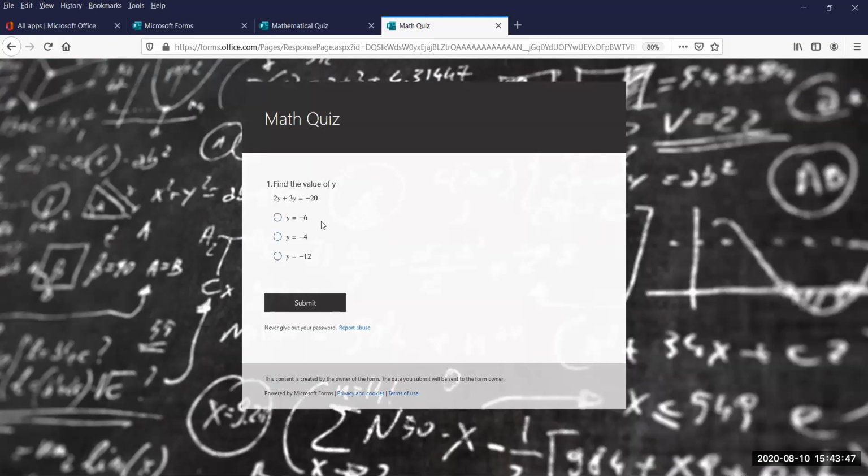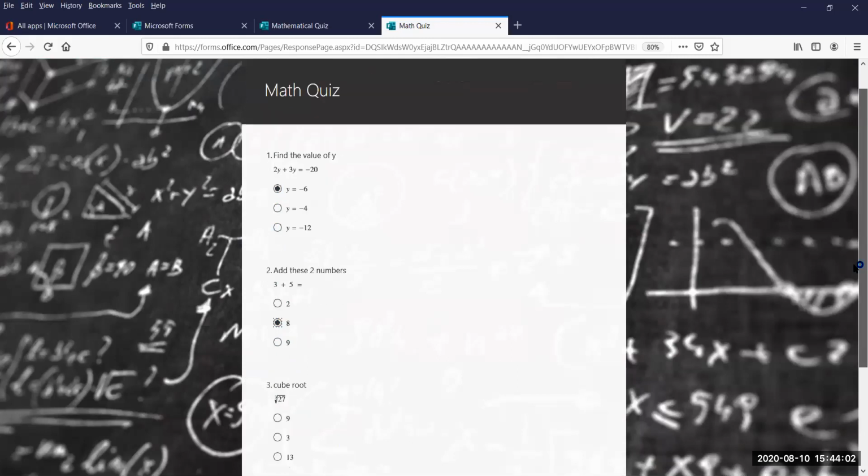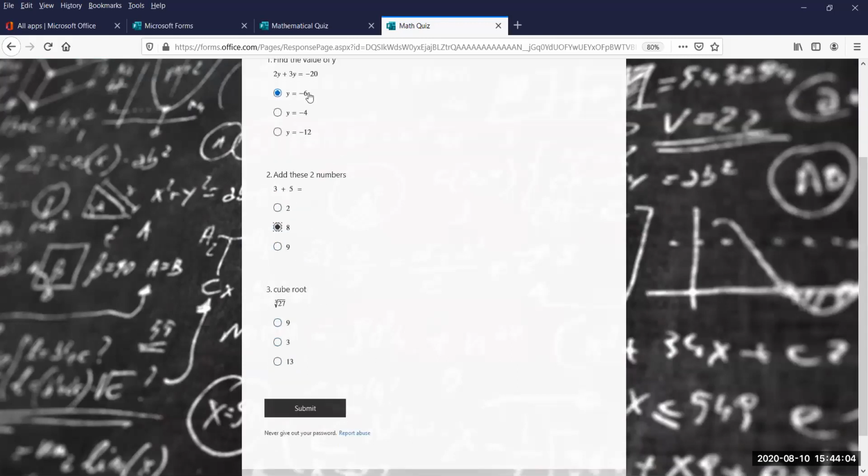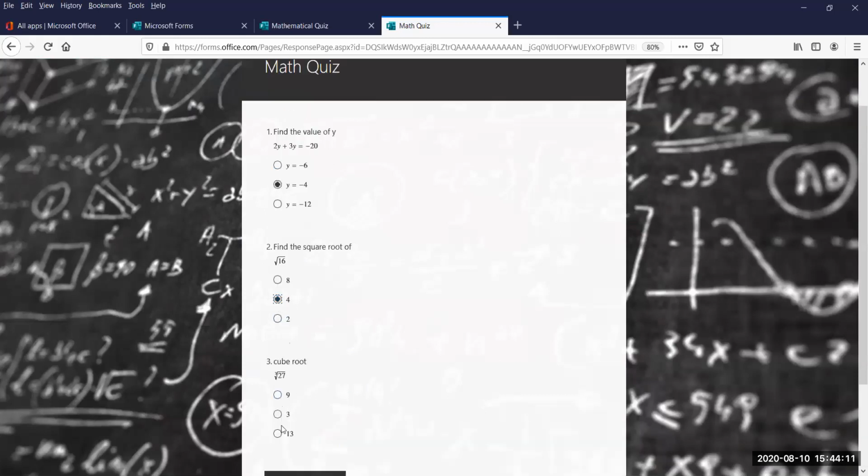Okay. And here, as I see that the answer is 4, the moment I select the correct answer, it will take me to the square root. But if I select the wrong answer, it will show me 3 plus 5. And if I select the wrong answer, it will take me to minus. If I select the correct answer, it will take me to the tough question again. Okay. And here, if I select the correct answer -4, I am already getting square root, then I'm getting the cube root, and I am done.